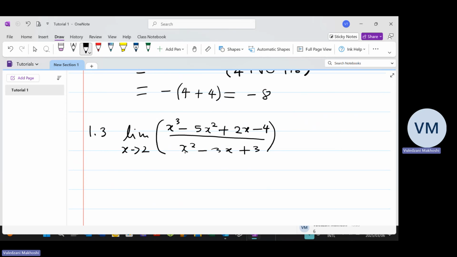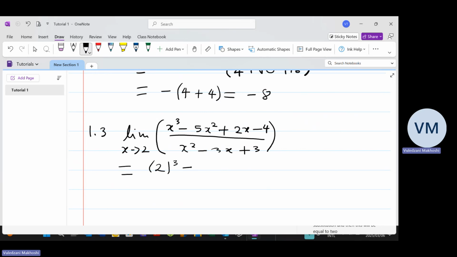Sorry, this is 4 minus 6. It's minus 4 minus 6 is 2. 2 plus 3 is 5. So since this is a rational function, we can see that 2 is in the domain of our function, and therefore we can do the direct substitution. And then this will be equal to 2